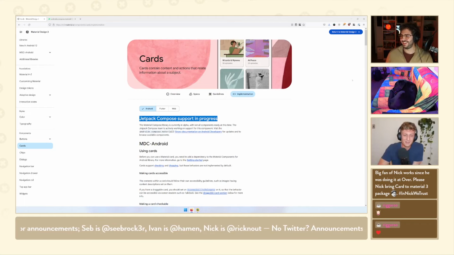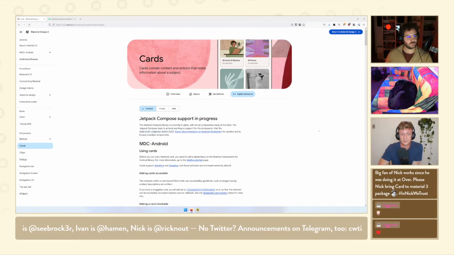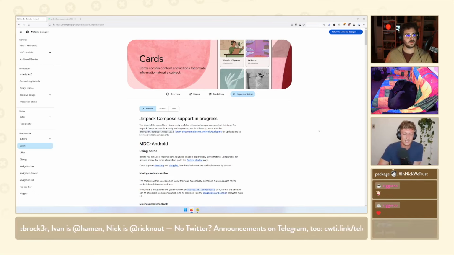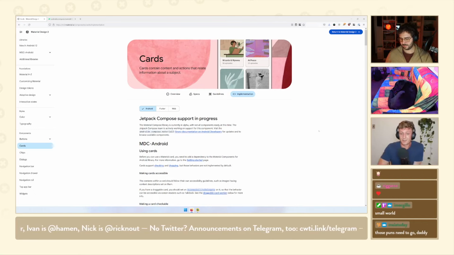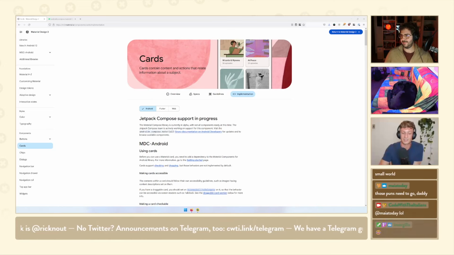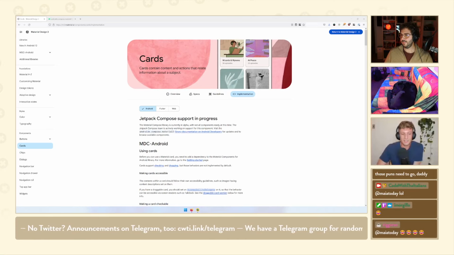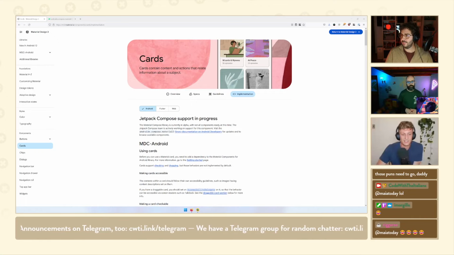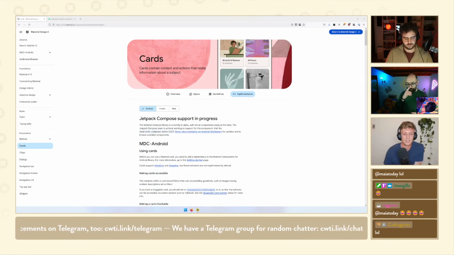yeah. But you bring up a good point here, though. A good way to figure out if a component is available and is on its way, so to speak, is to first start with this website you're on now, m3.material.io, because if it isn't in the design spec, there's very little chance that it's going to actually be in the library. And if it is currently in the design spec, which I should add is evolving and changing, and more components are going to be added from Material 2 very soon, then go to its page, and you'll see there's an implementation tab, and on there you can check Android, and it does tell you whether it's available in Compose or available in Views or both.